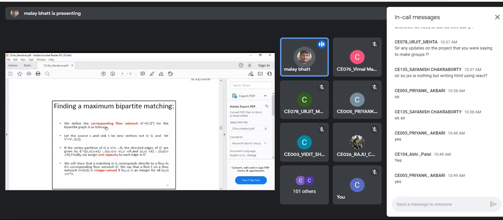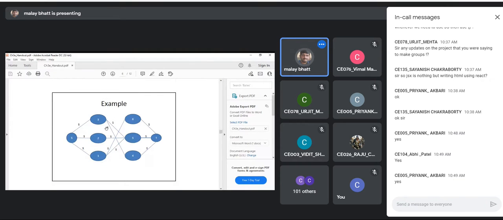So now to achieve the goal, here we have a bipartite graph, 3, 2, and 1, and 4, 6, and 5. That part is the bipartite graph. In this bipartite graph, we'll add the source node and the terminal node. You can see the source node S, and the terminal node T. Now the source node S is linked with node 1, node 2, and node 3. And the terminal node is also linked with node 6, 5, and 4.